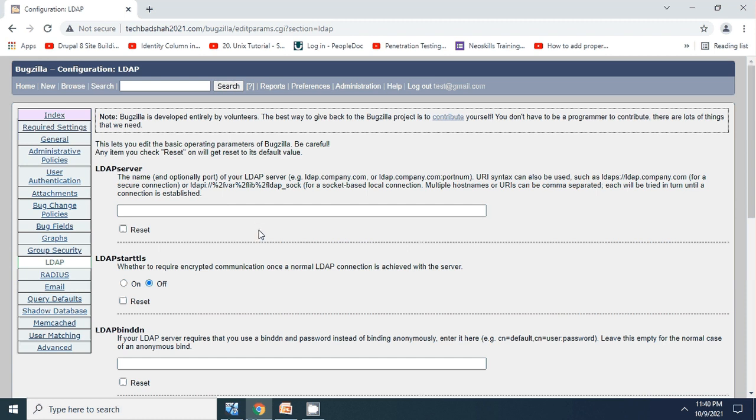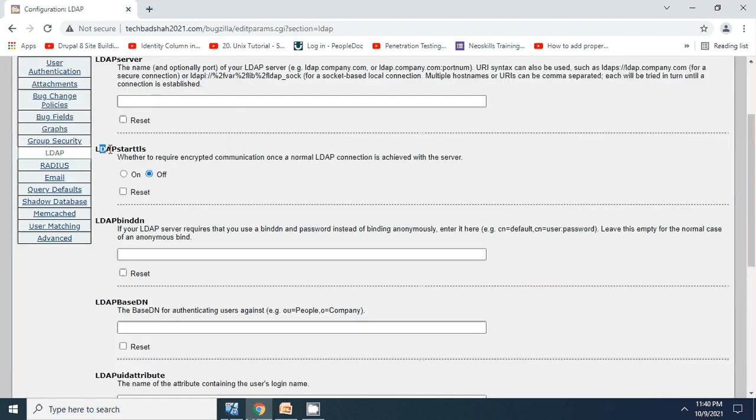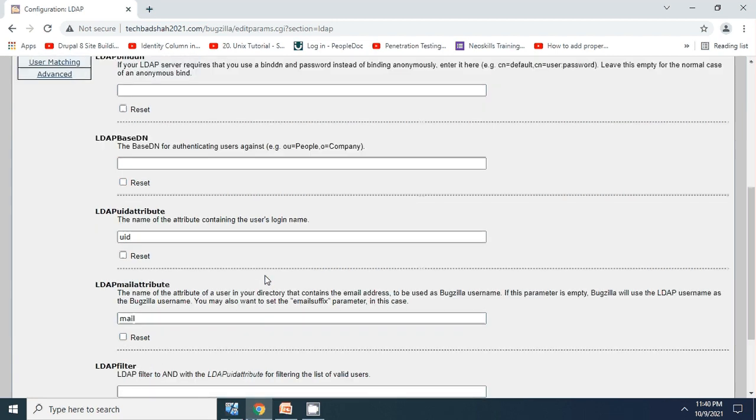I'll show the options. Here, LDAP start TLS: if you want to use LDAPS instead of normal LDAP, which runs on port 389, then if it is off, obviously it's using port 389, and if you're using LDAPS, it goes to port 636. If you have knowledge of LDAP, I don't think it will be difficult for anyone. You just simply configure these fields and you will be able to get started.